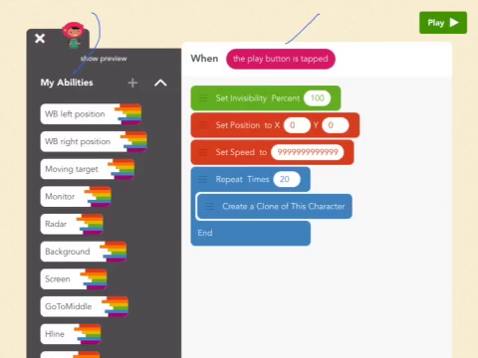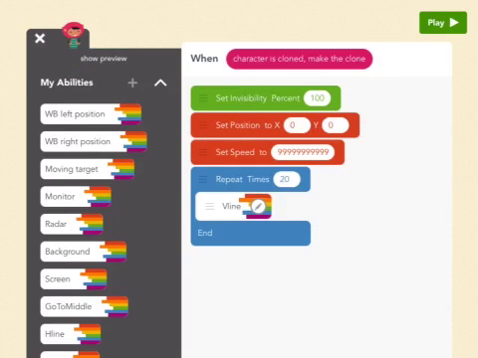So first we are going to make her invisible. We're going to start the lines at 0, 0, and I'm going to try to make them really fast by setting the speed to a very large number. To make drawing the line even faster, we're going to use a clone. So we're going to create 20 clones that are going to draw the lines. Each one of the clone characters is going to be invisible. We are going to set the position to 0, 0. We're going to set the speed to a very large number, and we are going to repeat 20 times, drawing